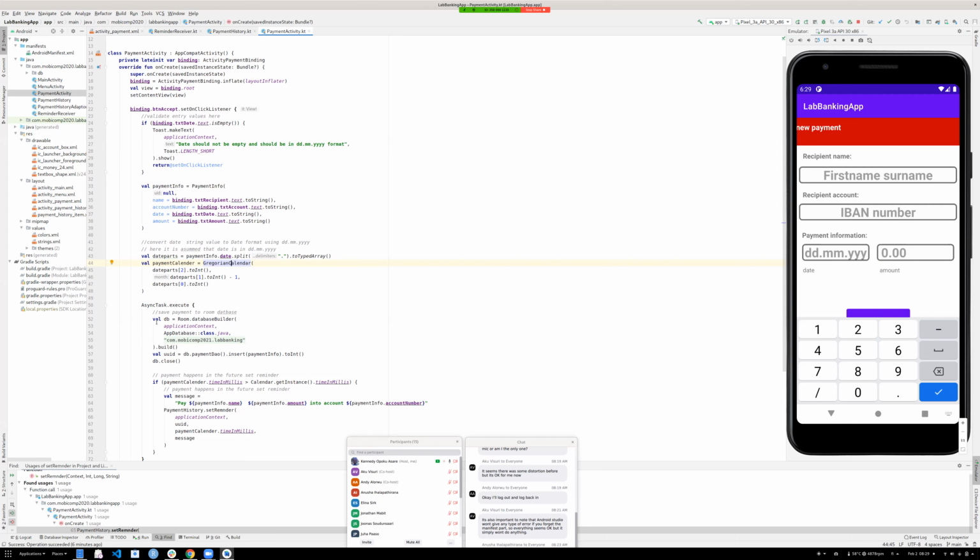Now, there are other ways of doing this. I think Kotlin has a way of straight away picking the text and converting it to a date. But for demonstration purposes, I wanted to use this old way of doing it so that we all understand it very well. So after I've created the calendar,